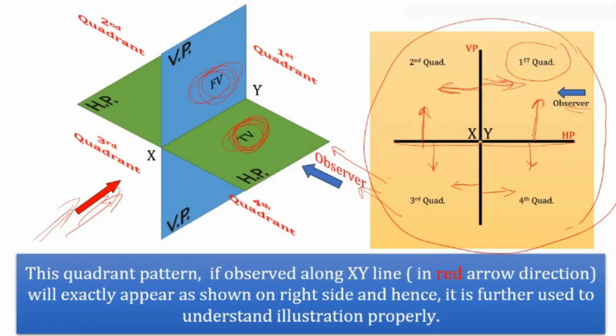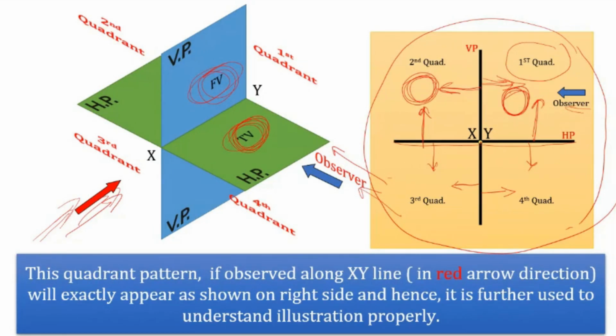Now, the pattern of planes and views, the first angle method. Why it is known as the first angle method? Let me show you. So if we consider the object as one thing which is staying here, that is in the first quadrant, and if we create the projections, the front view and the top view, then we call it the first angle projection. And if the object is in the second quadrant, say here, and if we project it, we call it